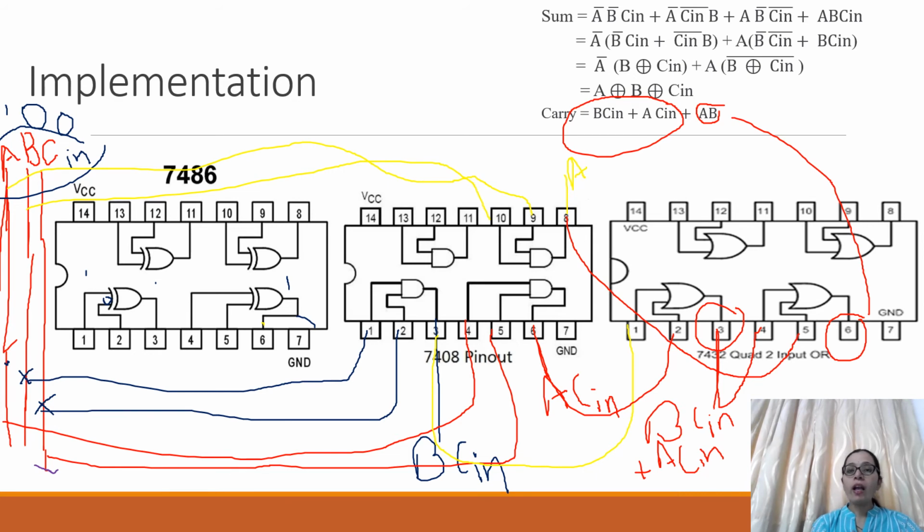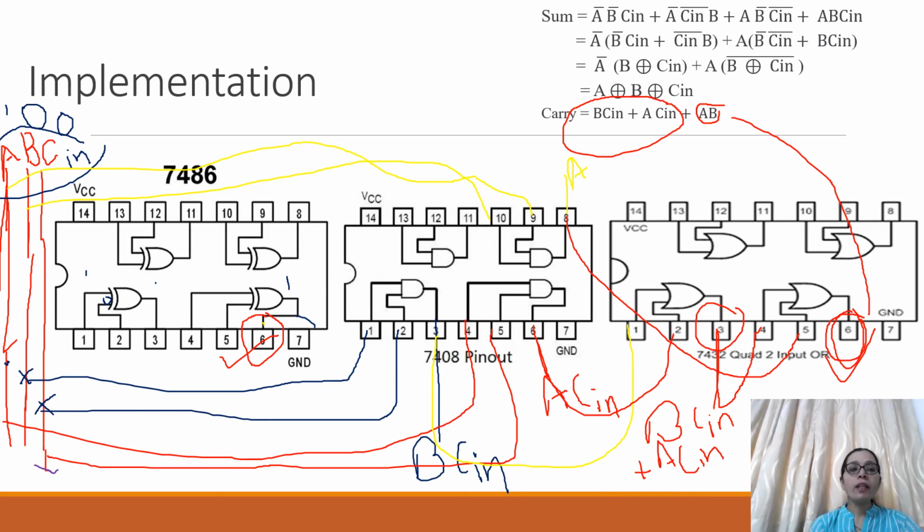Okay, so this is the way how full adder will be implemented using different ICs, breadboard and LEDs. So how many LEDs will we need for implementation of this? We will need one for sum and one for carry. So whenever the entire circuit is built, the carry is here at 6 and sum is here. So we will connect two final LEDs at the XOR and at the OR gate, and we will test this entire circuit using the truth table that we have drawn while designing this circuit.